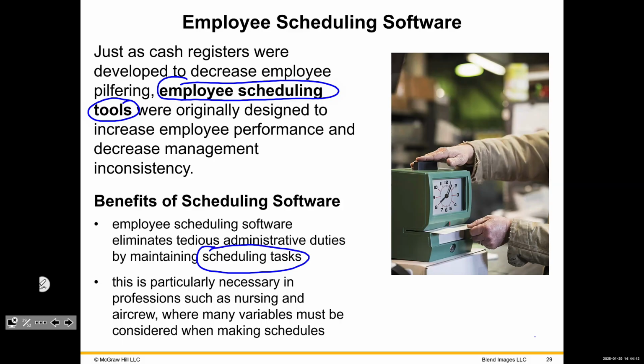For example, here, I guess it's not really an employee scheduling tool, but our class scheduling tool at IUP is called Live 25. So we have something similar to that. And so it just basically gives you anything that you need that might be helpful. So here we give some examples of nursing, aircrew. Obviously, you can't have two airplanes on.